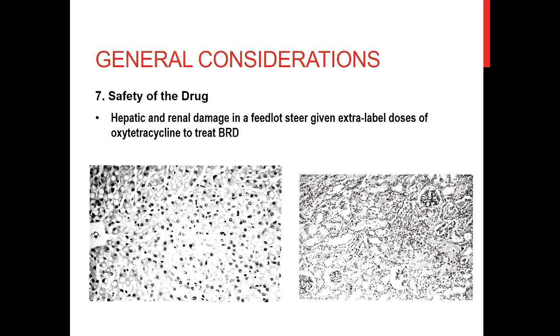You've got lipid accumulation in the hepatocytes, and you've got the formation of tubular casts and tubular necrosis in the kidneys of that steer. These animals are often dehydrated. So using that extra label dose of oxytetracycline precipitated multi-organ failure in this animal, and it died, potentially because of something we did. The reason I bring this up is one of the most common things we see people do